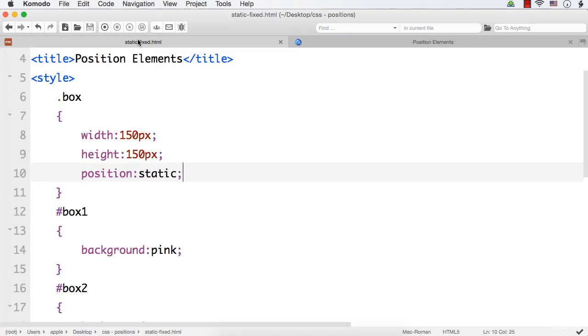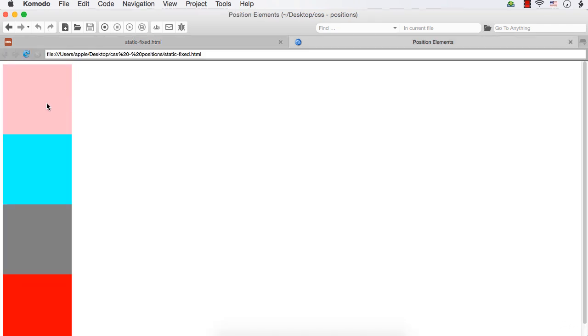So static is the value of position property by default, and with static we cannot use properties like left, right, top or bottom. In fact, we are going to use left, right, top or bottom to position the elements as we want along with the position property. But these 4 properties will not work with static. So even if we specify some values for left, right, top or bottom properties, there will be no change to the flow of the elements. So this is the normal flow of elements on a web page where the value of position property is static.